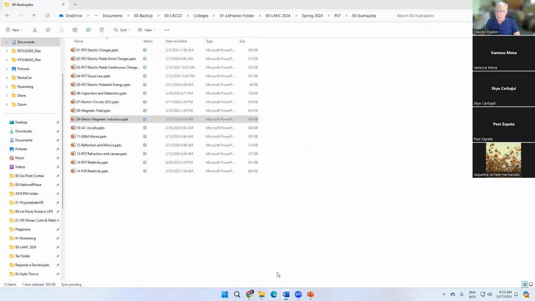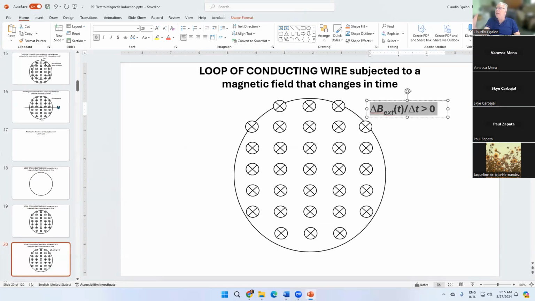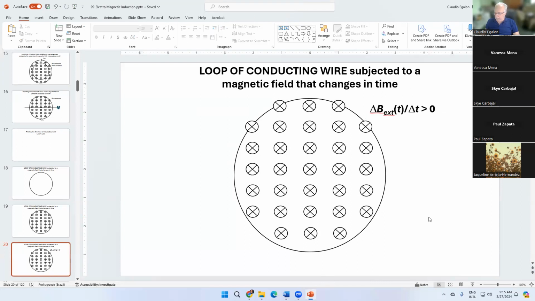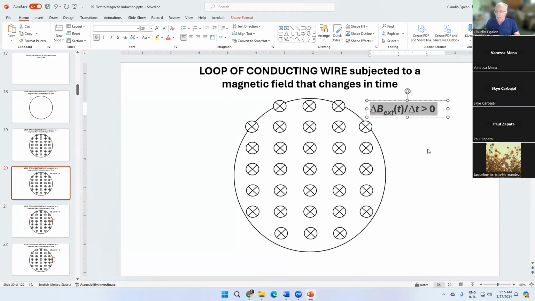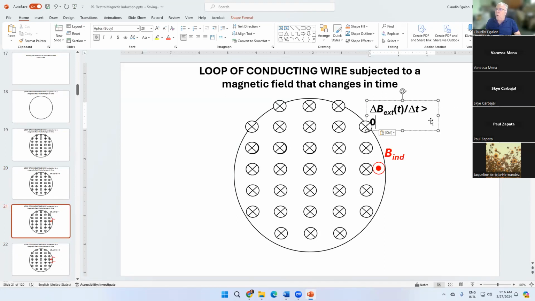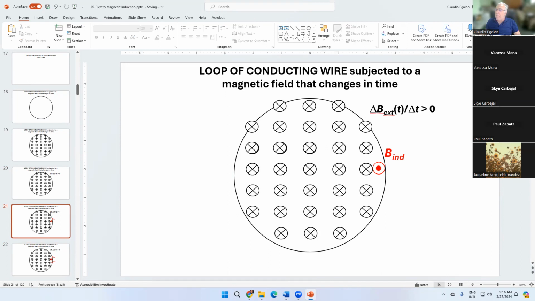So this field is increasing. Consequently, the current must rotate contrary to the direction of the magnetic field, which is going to be counterclockwise. Counterclockwise. Here is another way of applying